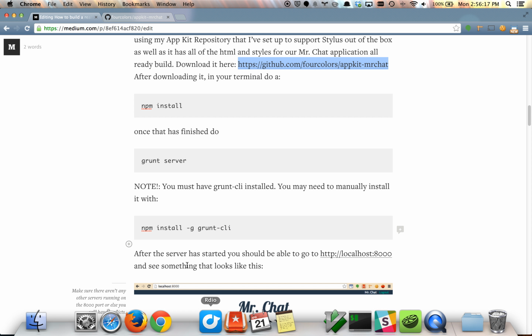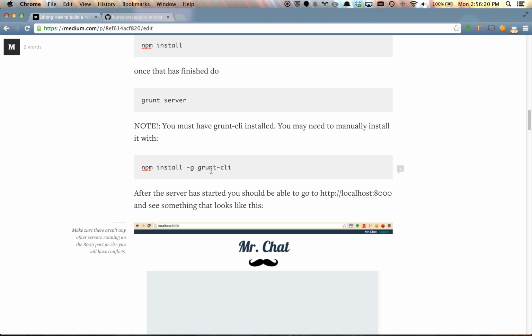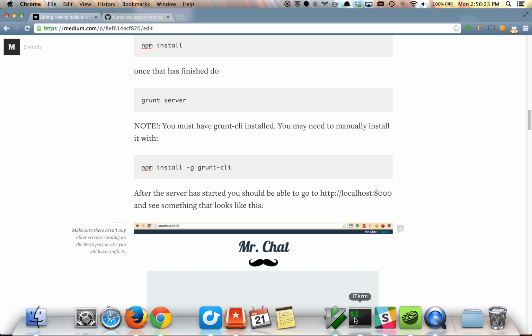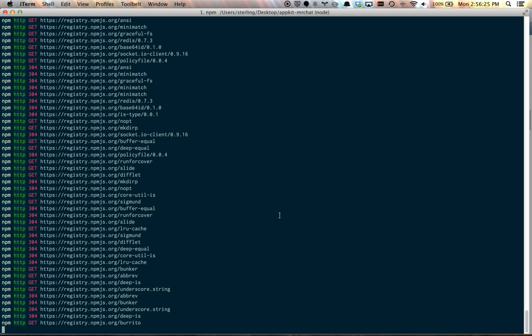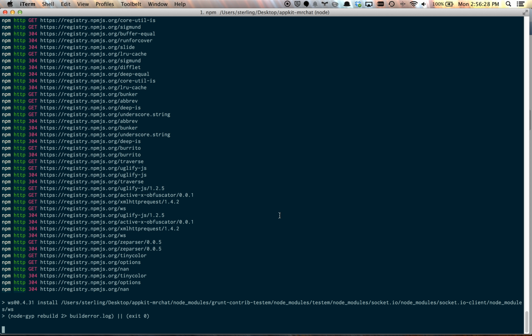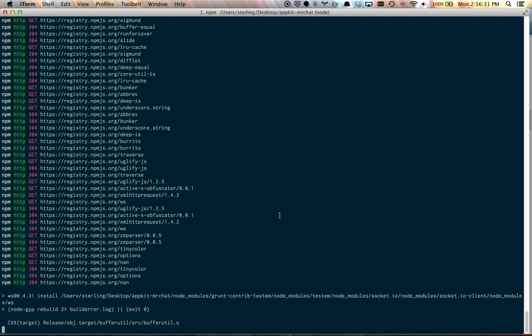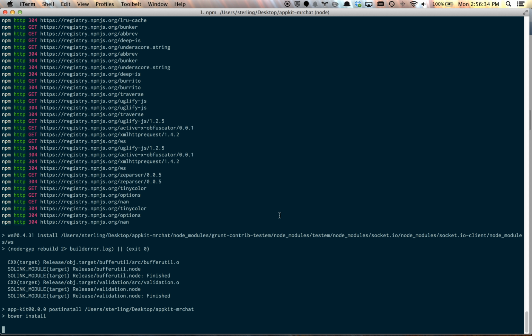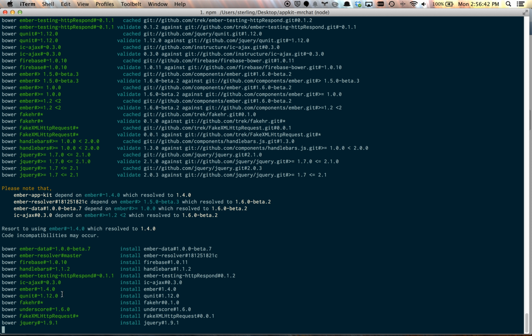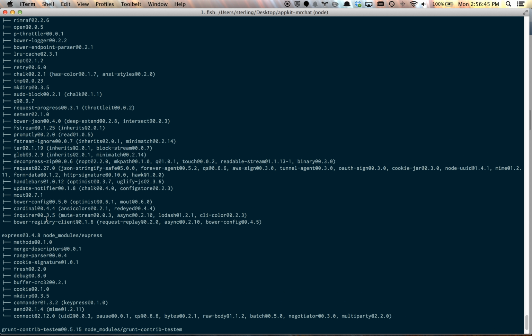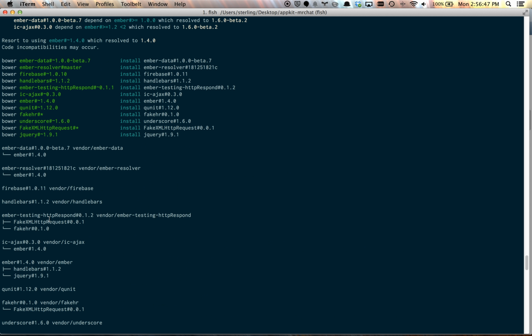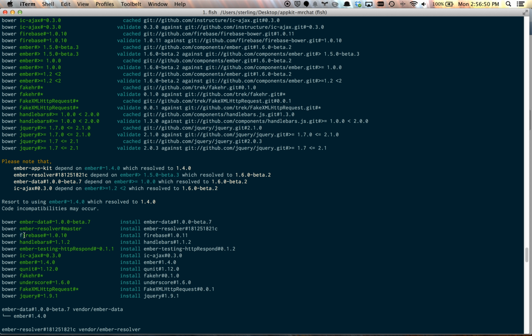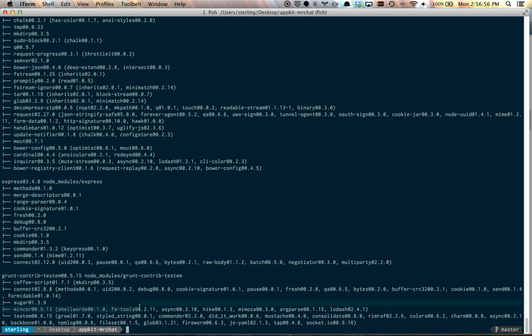So I've already done this, so I'm not going to do this, but if you can't get it working, make sure you have the Grunt CLI installed, and then you can use Grunt to get everything going. So as you can see, it installs all the Node packages, and then it goes through and installs all the Bower stuff because it also uses Bower to manage dependencies. One of those Bower items that we're installing, as you can see way up here, is Firebase. So we've included the Firebase JavaScript library, and that allows us to tie into Firebase